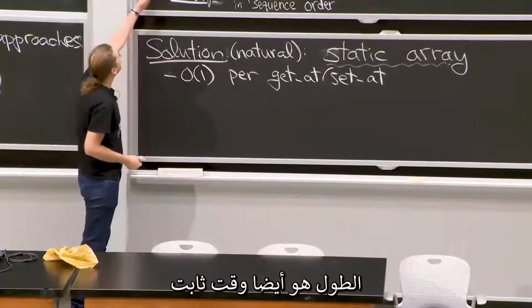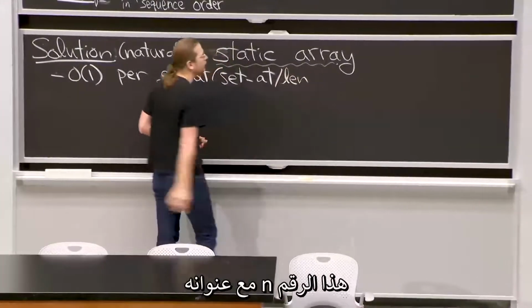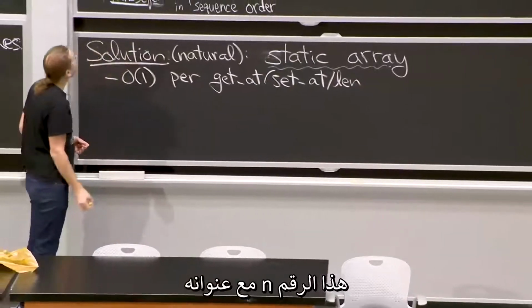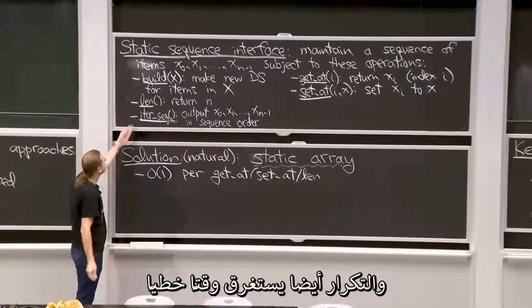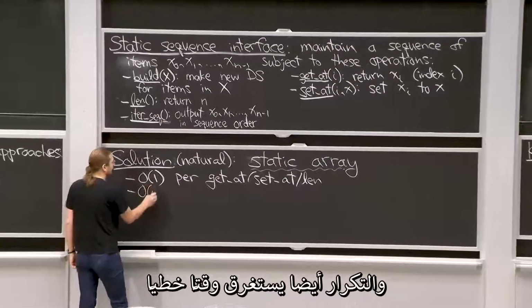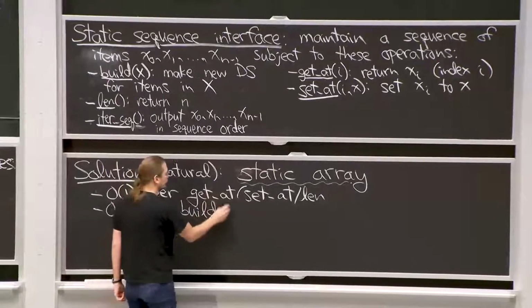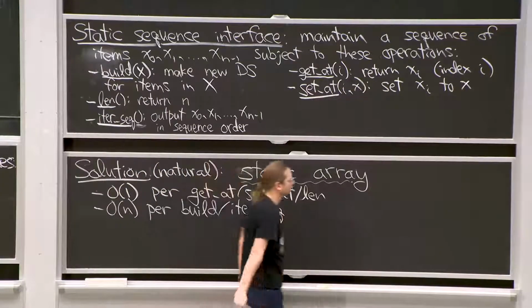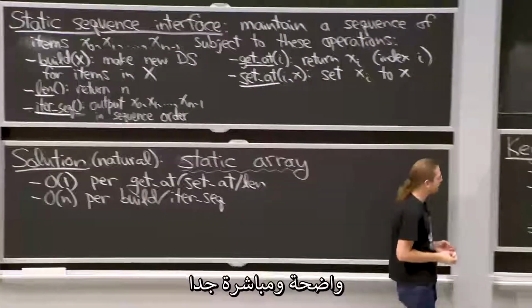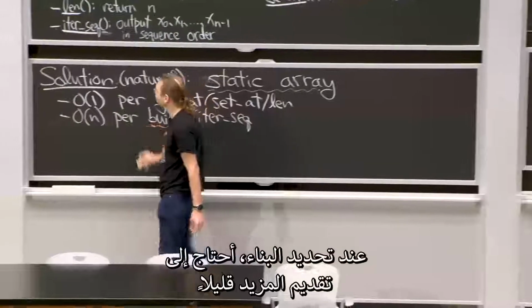Let's see. Length is also constant time. We're just going to store that number n along with its address. And build is going to take linear time. Iteration will take linear time. Okay, pretty straightforward. I guess one thing here when defining build, I need to introduce a little bit more of